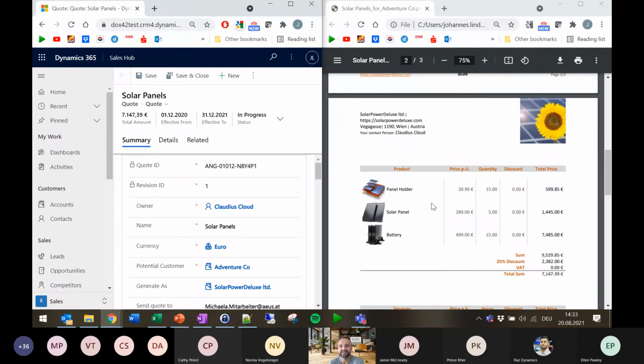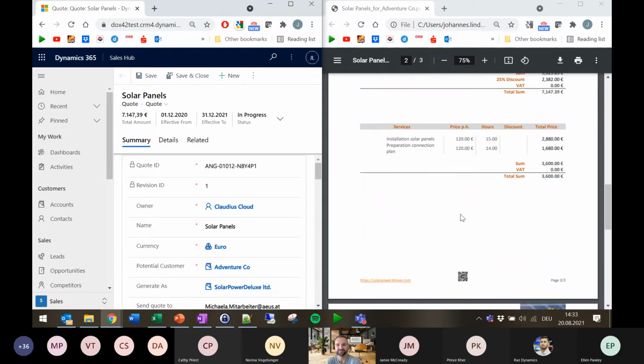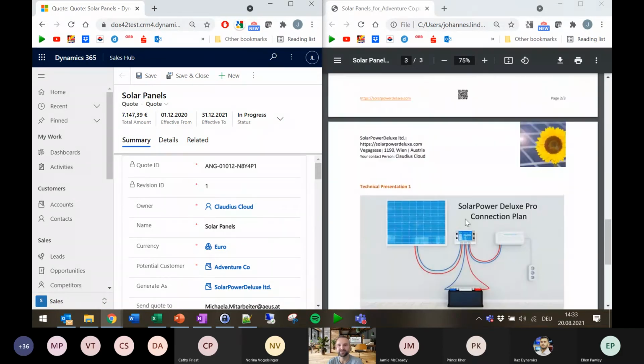That's the product repetition. So the scenario we've seen before was more like about texts and conditions in that very text. This time it's about the automation of a table, which is, of course, very common if you talk about quotes, invoices, for example. And then there is the last page where we did the Solar Deluxe Pro in the PowerPoint, which of course also gets integrated into this. So basically having that collaboration directly in Teams, but also when you trigger it from SharePoint.